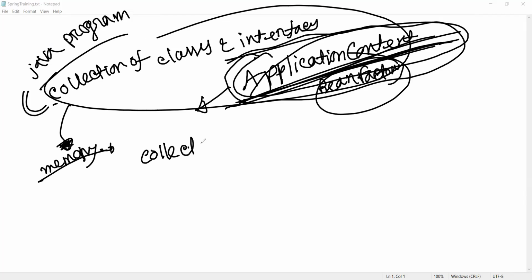Can I say a collection of objects? You can answer in different ways. Interfaces, classes, all the components, the purpose is to create the object only, nothing more than this.